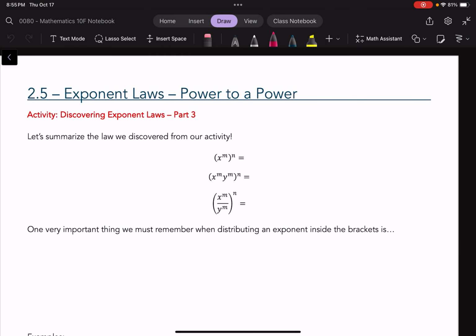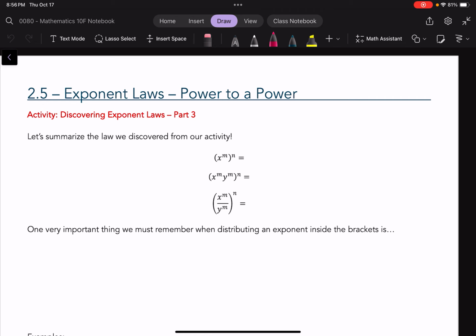Hello, grade 9s. Today we're going to talk about the power to a power exponent law. That's where I take a power that already exists, included inside my brackets, and it's raised to another exponent. Okay? Now, when we did our activity the other day, we kind of saw it or started off at this